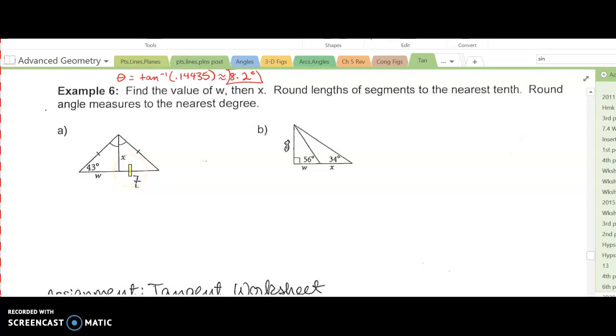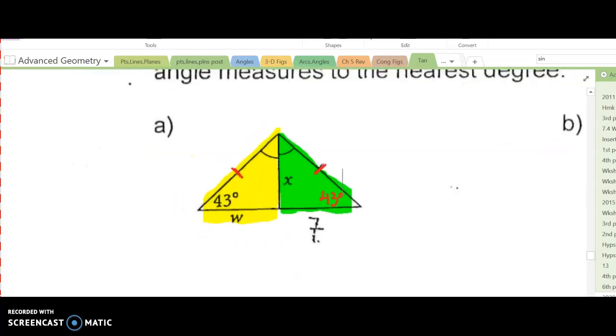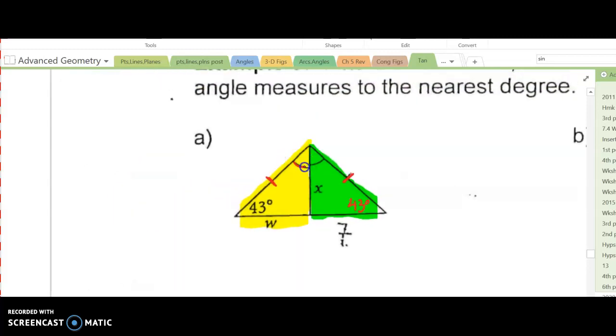I want you to just notice some things here. It looks like we've got two triangles to work with. We've got a yellow triangle and a green triangle. I'm noticing that this is an isosceles triangle, in which case if it's 43 degrees on the left, it would be 43 degrees on the right because the base angles are congruent in an isosceles triangle. I'm also noticing these rings at the top, meaning that this is an angle bisector going down the middle of